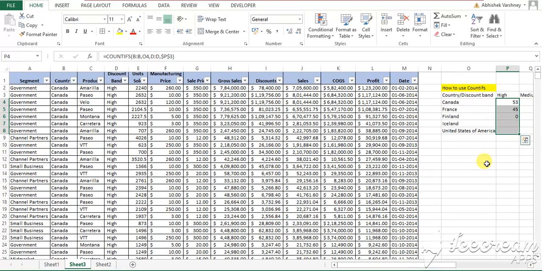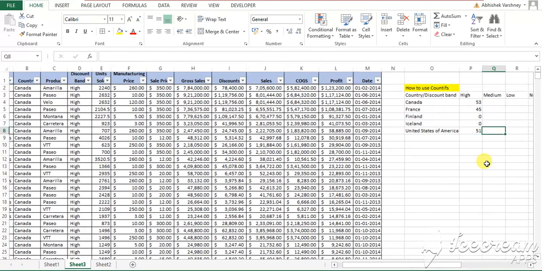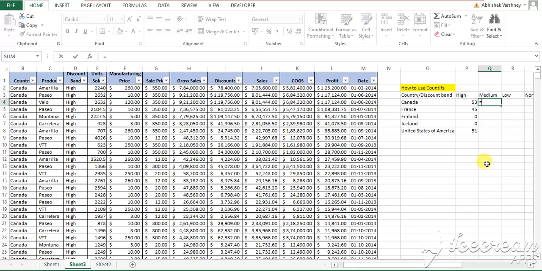I'm just selecting and pressing Ctrl D. Now it gives me the count: for Canada, all the products having high as a discount band, and for France there are 45, Finland there are 0, Iceland there are 0, and for USA there are 51.